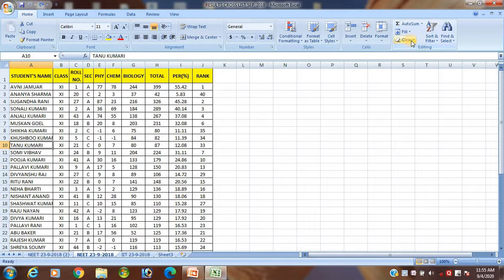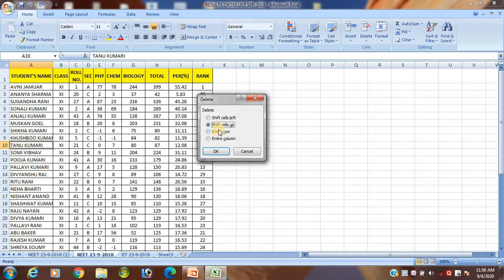Okay student, and from there click on the clear drop down menu, and student, clear all, clear content, what you need. Okay student, clear content. If you clear content only the cell, in that cell what the data has been inserted, it will be cleared. Okay student, is that clear or not? If in your mind, sir I want to delete, okay student, you see total row will be deleted.